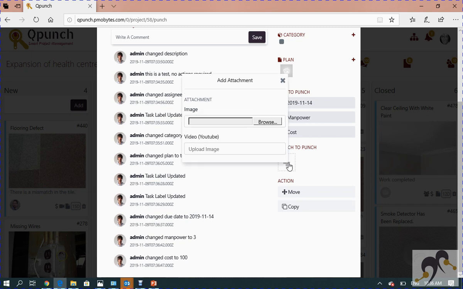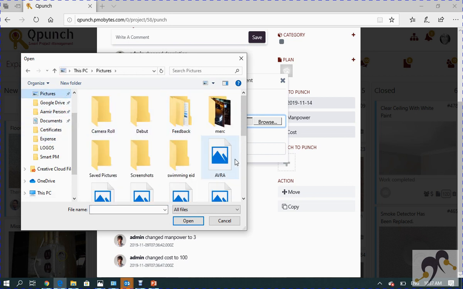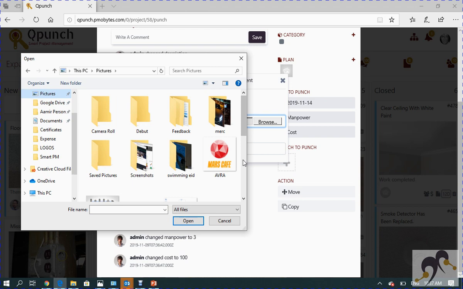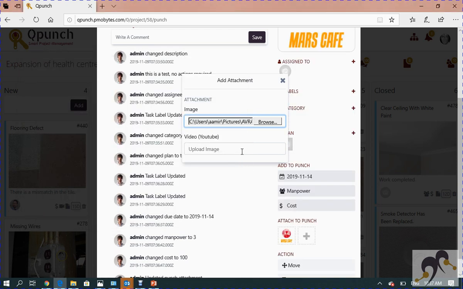Then finally, if you have a photograph linking to the punch, you can link a picture even to the punch, just showing what the issue relates to. If you have a video which you want to show, that is even possible. You can link a YouTube video directly with the punch. So for example,